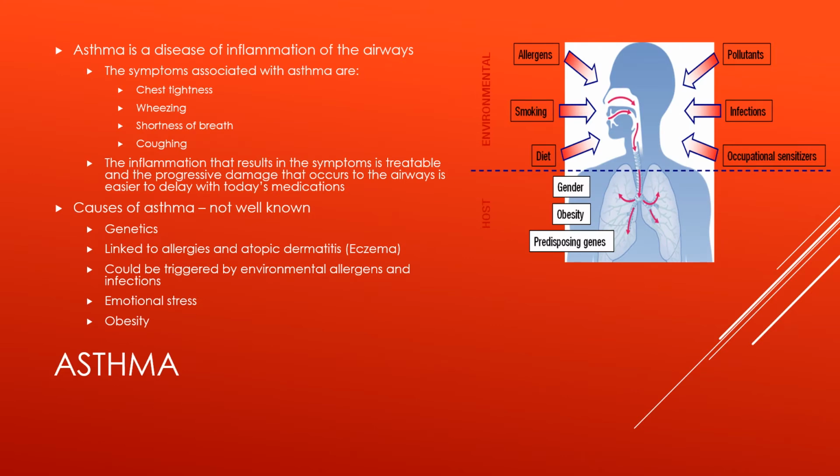So exactly what is asthma? Asthma is a disease and it results from the inflammation of the airways. Now, the symptoms and how you could recognize if you have asthma is typically you have chest tightness. Also, you could have some nocturnal wakening at night. You could have wheezing, shortness of breath, a cough. Maybe you can't participate in sports.